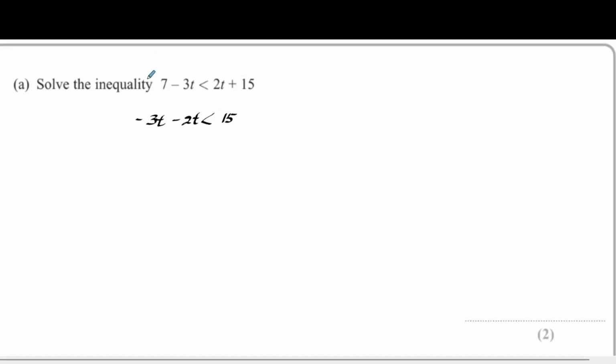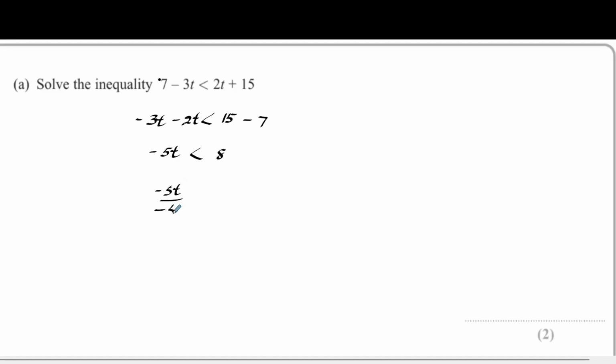7 is already positive. Remember, when picking negative or positive, the indication is in front of the number. So in this case, in front of the number, it is positive. If it is negative, it will be indicated in front of the number in this way. So when we send this 7 to this side, it gets negative. Minus 3t minus 2t become minus 5t, smaller than 15 minus 7, which is 8. Then I have to divide by